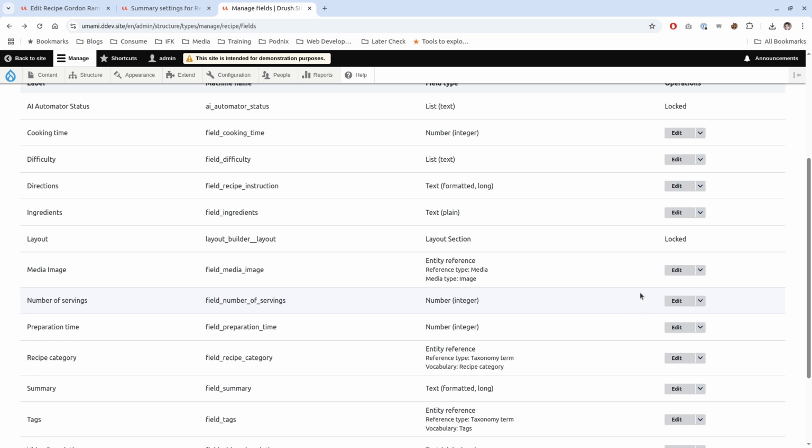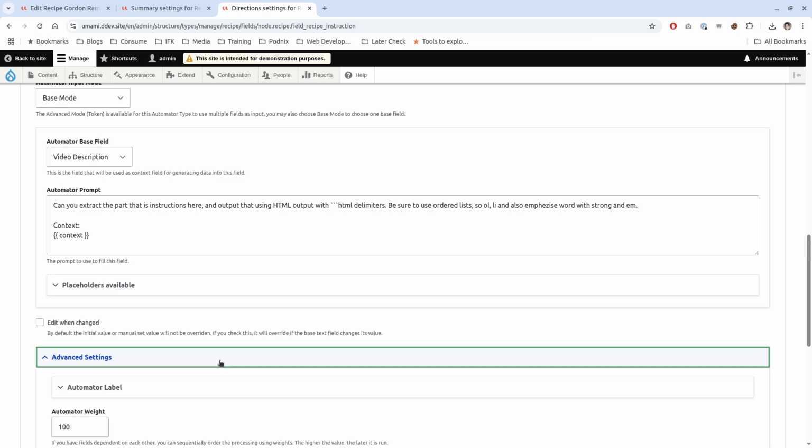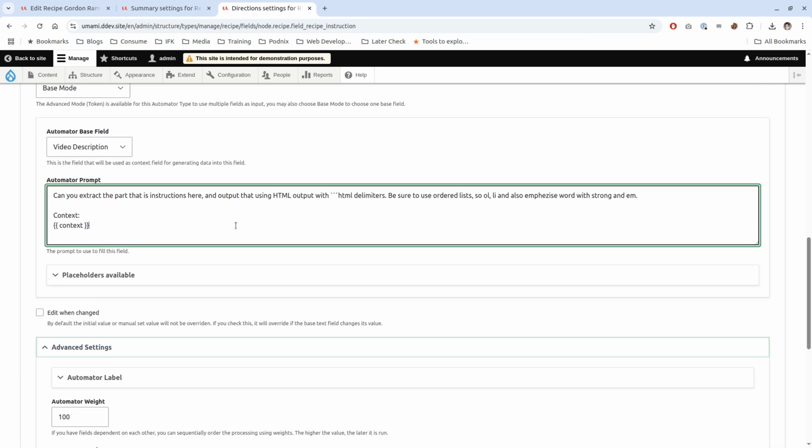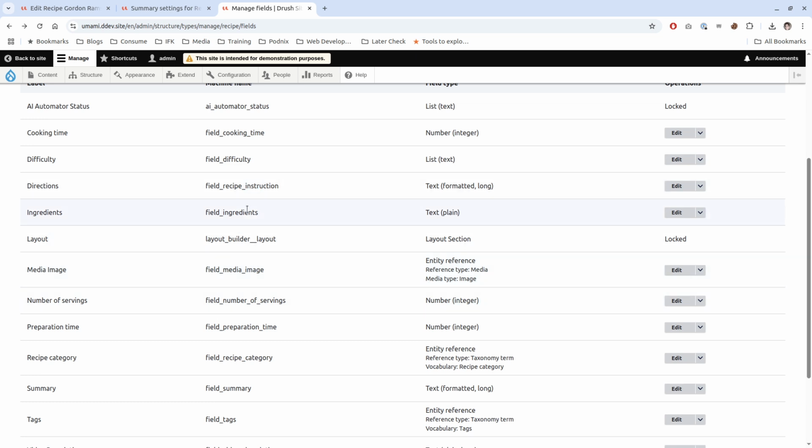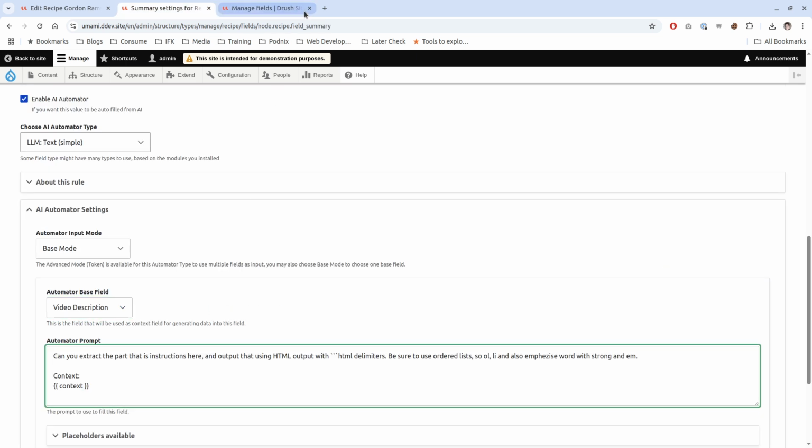Where did we have directions? What's the thing I'm looking for? The field is called instruction, but the title is directions. That's interesting. Anyway,